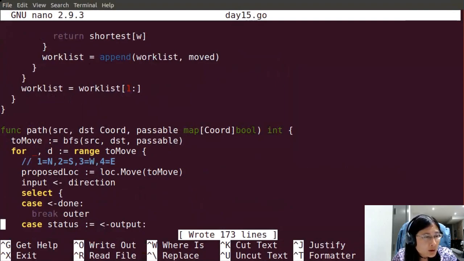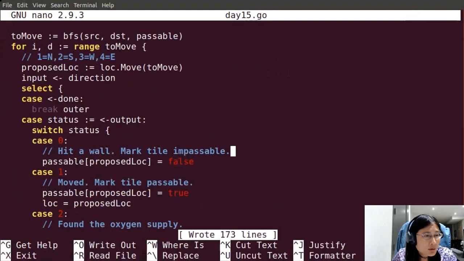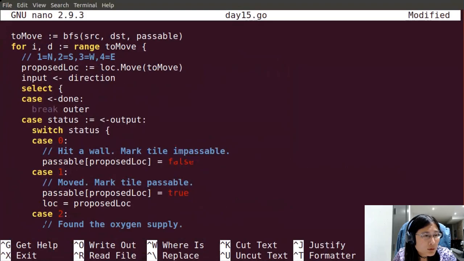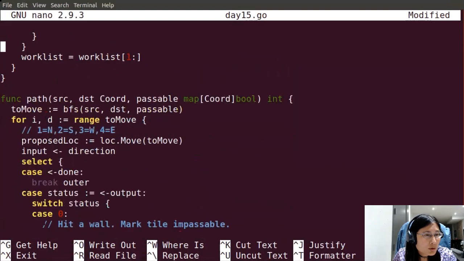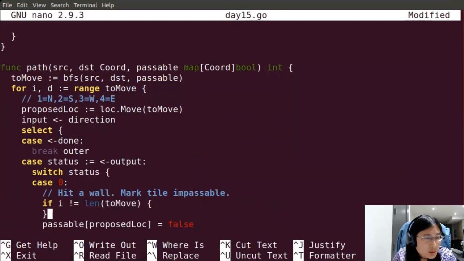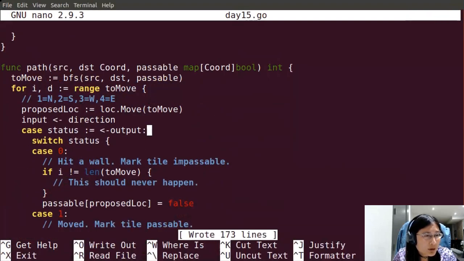All right. Okay. This should never be done because the program never terminates now.